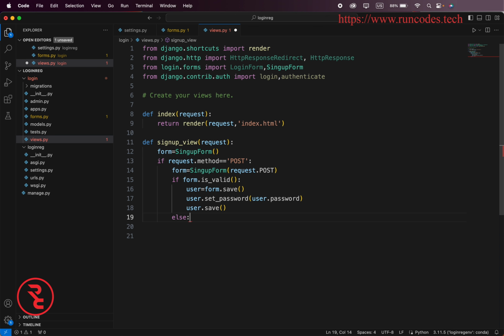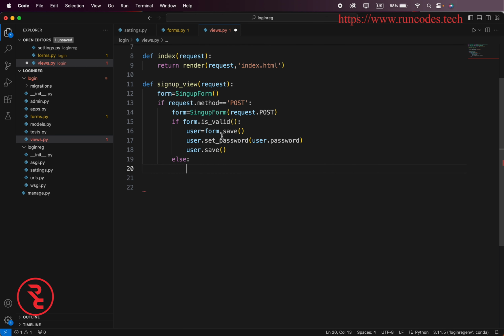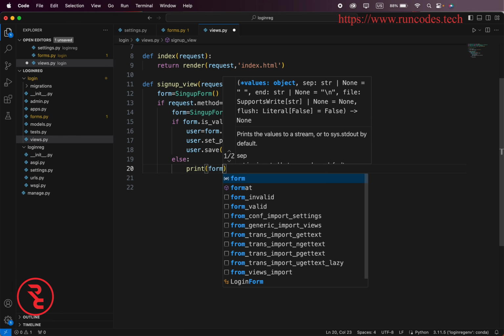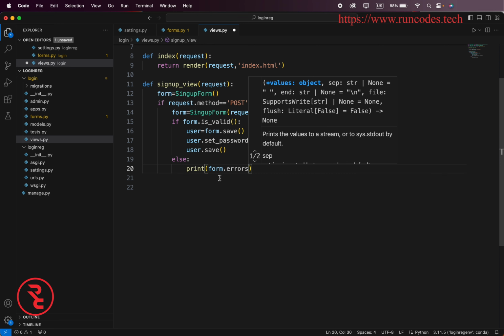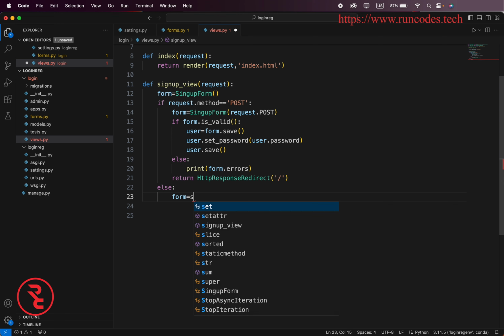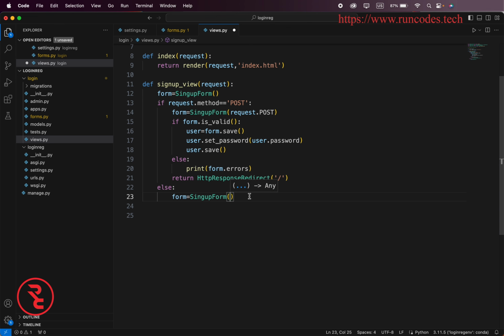And else, if the form is not valid, we are going to print form.errors, and then we are going to return HttpResponseRedirect to the home page. We indicate a web page by /. And if the request method is not a post method, else we are going to create an instance of our form, SignUpForm, and we are going to return